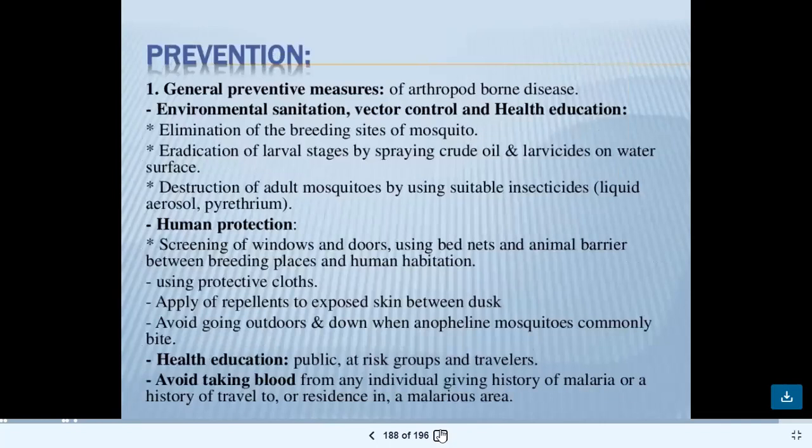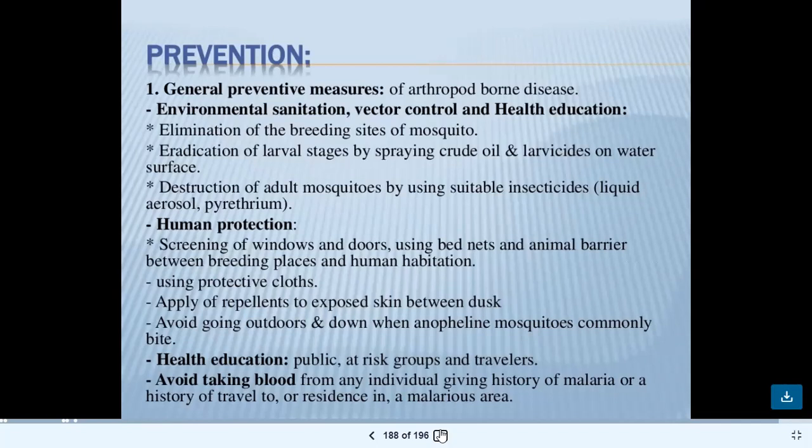If we talk about prevention: general prevention measures of arthropod-borne disease, environmental sanitation, vector control, and health education. Elimination of breeding sites of mosquitoes, eradication of larval stages by spraying crude oil and larvicides on the water surface, destruction of adult mosquitoes using suitable insecticides, liquid aerosol, pyrethrum. Human protection: screening of windows and doors, using bed nets and animal barriers between breeding places and human habitation,